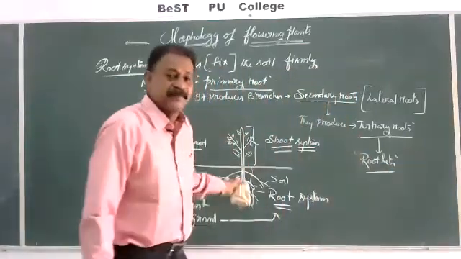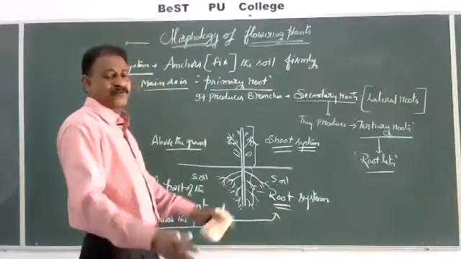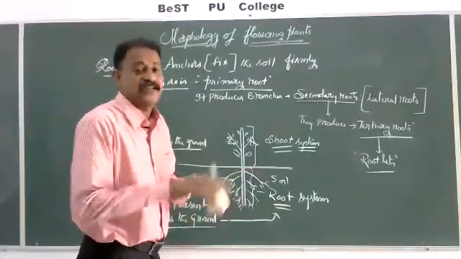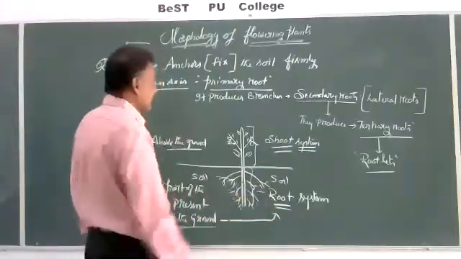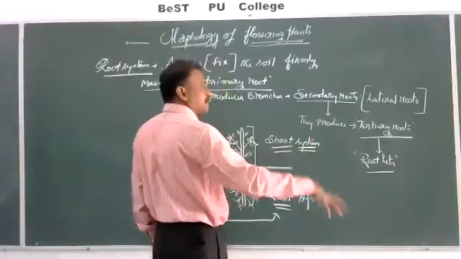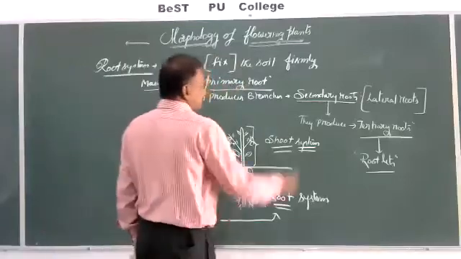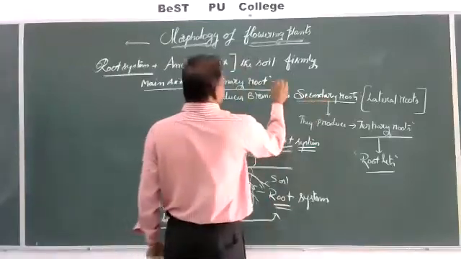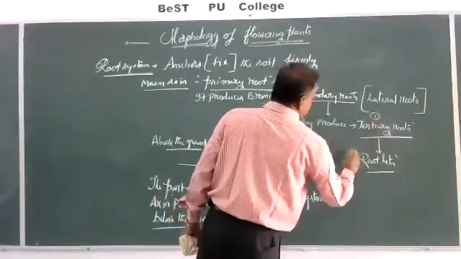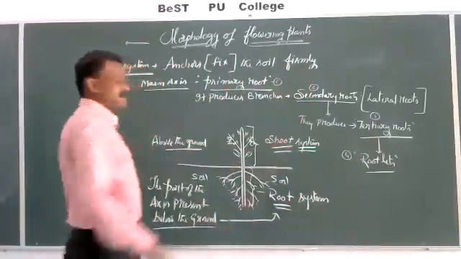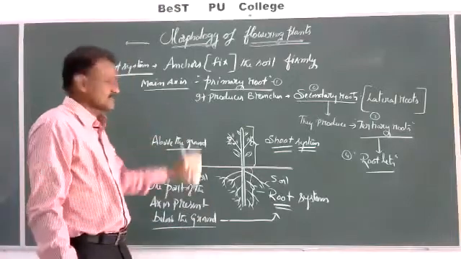In the beginning, this primary root consists of root hairs. Then it goes on developing. Root hairs are short-lived. When a plant becomes a tree, rootlets may not be seen. In the beginning, they are responsible for absorption of water. Now, primary root, secondary root, tertiary root, all this together forms a system which is called the root system.